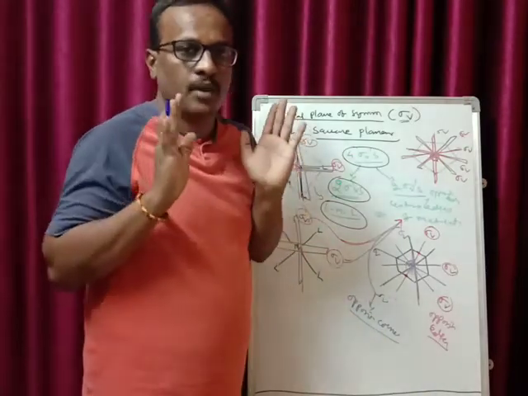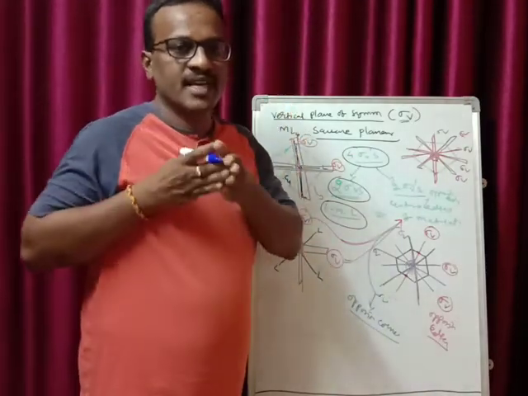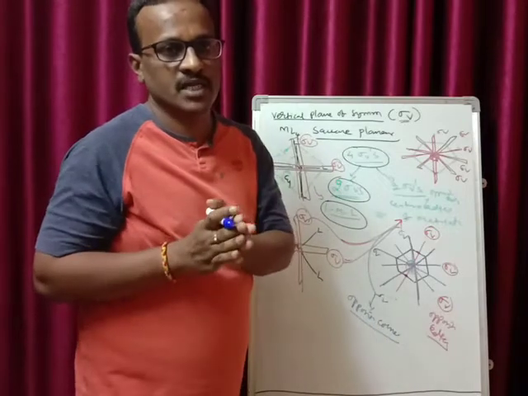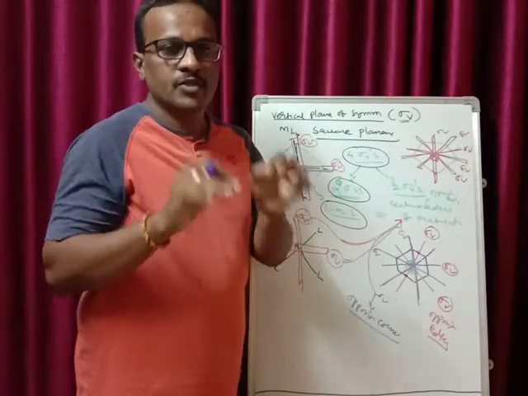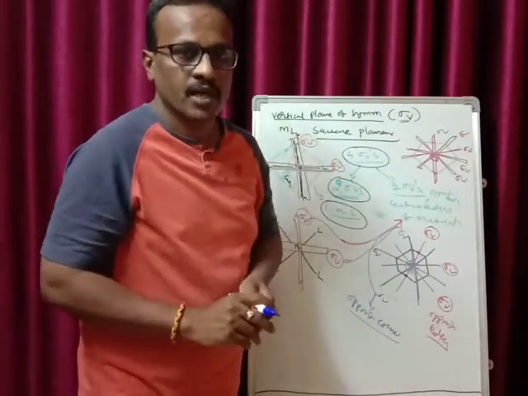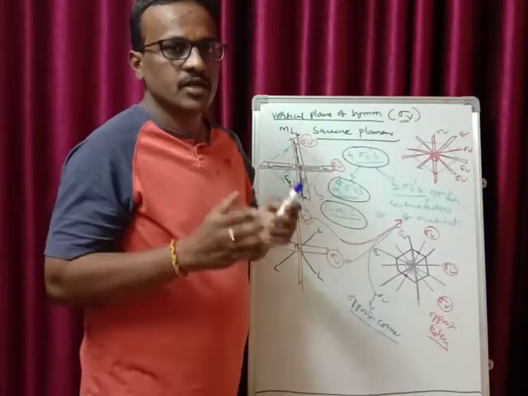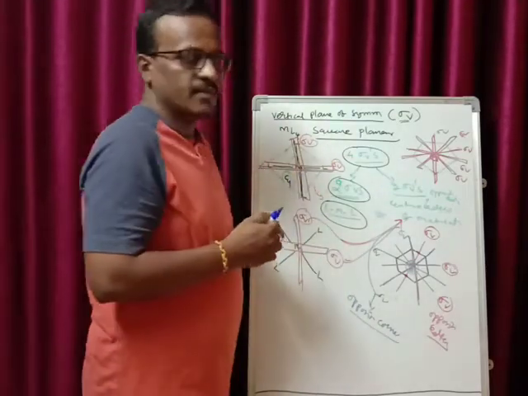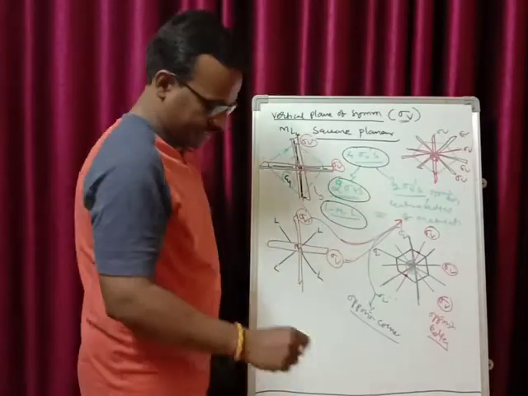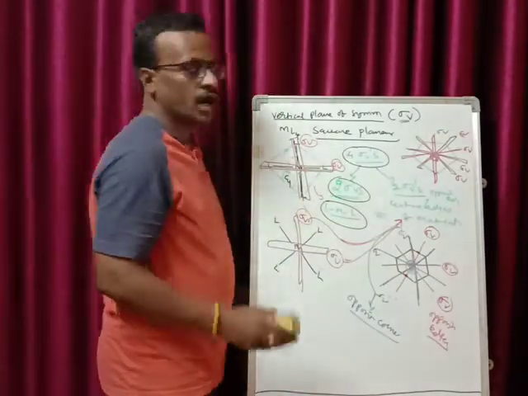That's it. If the plane of symmetry is running parallel to your principal rotational axis of symmetry, blindly you should say it is a vertical plane of symmetry. No other choice for this. Right? So this is what we have regarding the vertical plane of symmetry and their examples. Now let us go with the horizontal plane of symmetry.